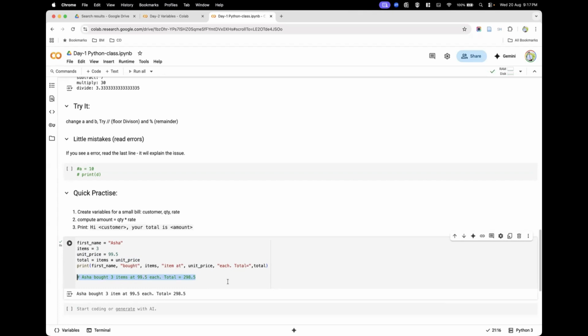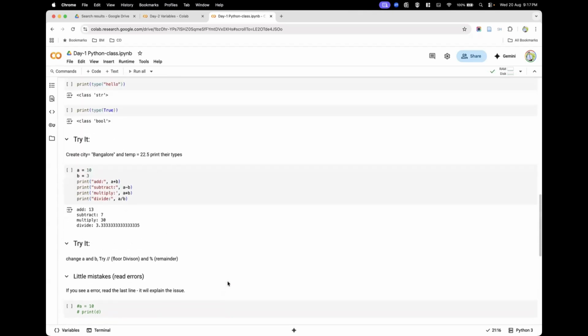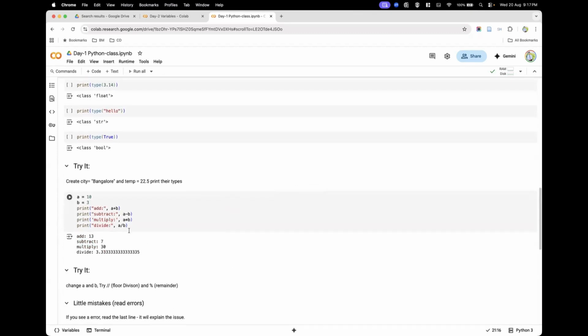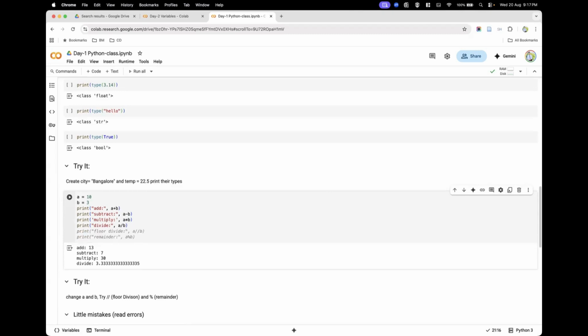The next exercise I have given you was, I told you here in this example, when I'm dividing 10 by 3, I'm getting the value as 3.33333. Say for example, I don't want the decimal value. I want only the whole value. In that case, is there anything that Python can offer? Yes,